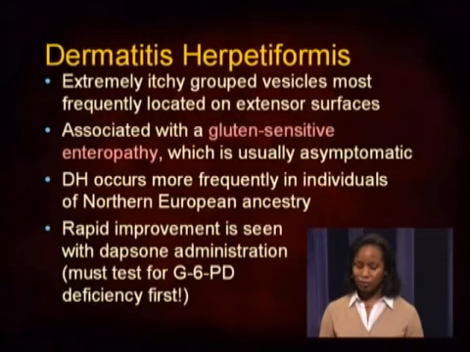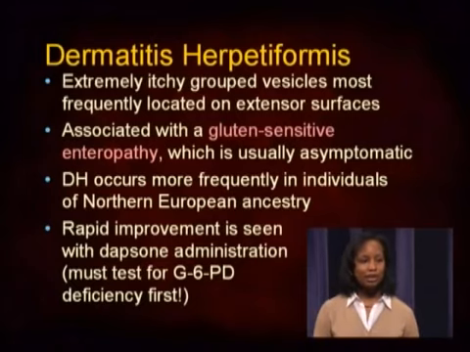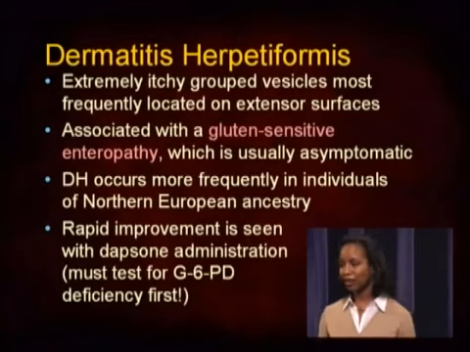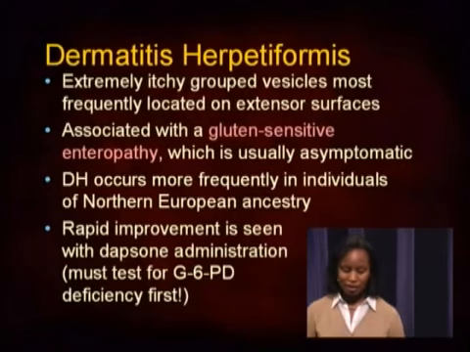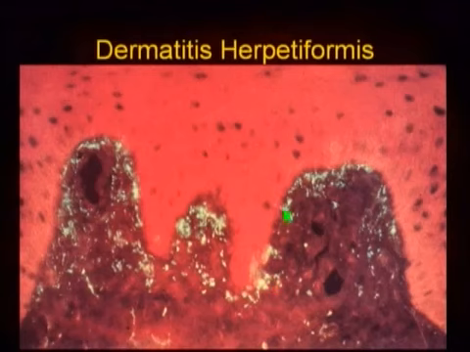Most frequent in people of Northern European ancestry, and usually responds very, very well to dapsone, but you have to check for G6PD deficiency before starting dapsone because methemoglobinemia is a side effect of dapsone and can be severe in patients with G6PD deficiency. So here's the immunofluorescence looking at dermatitis herpetiformis, and what you can see are these little